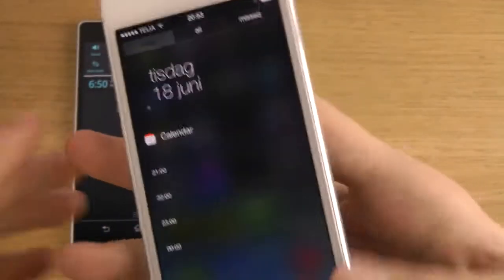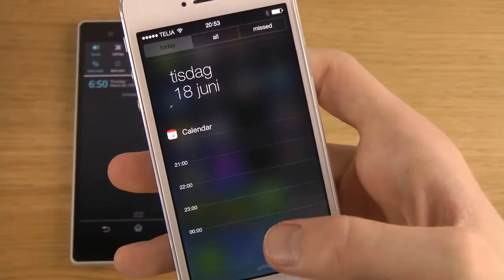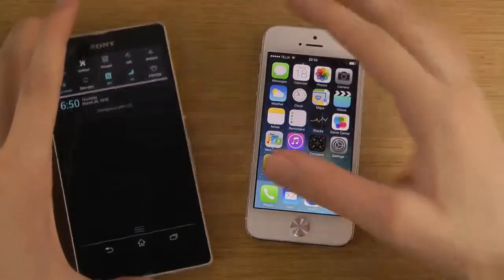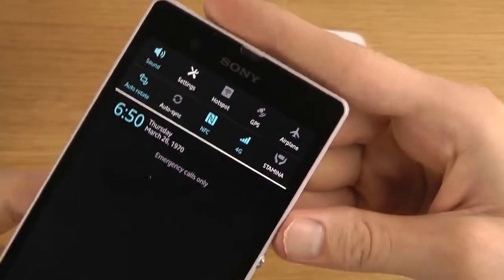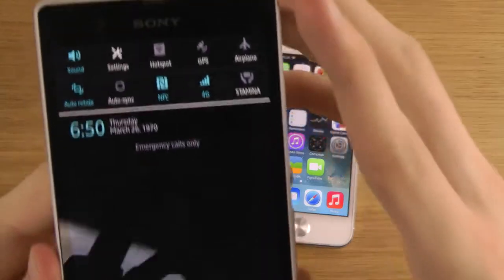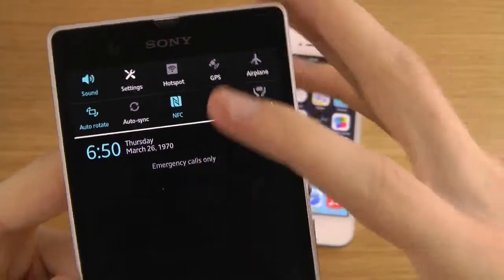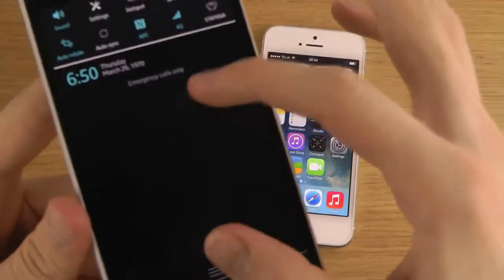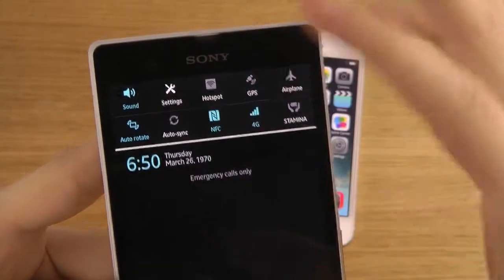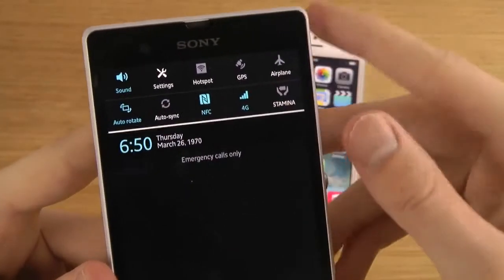So that is pretty cool. You can see here also very nice transparent there in the background. So that's pretty nice here with the Xperia Z, because it doesn't have a thing that you swipe down to gain access. You get access to all the things here when you swipe down from the top, like new notifications will pop up here. Also probably when you play music, it will probably pop up here at the time. Some quick toggles here, just as you would probably get in